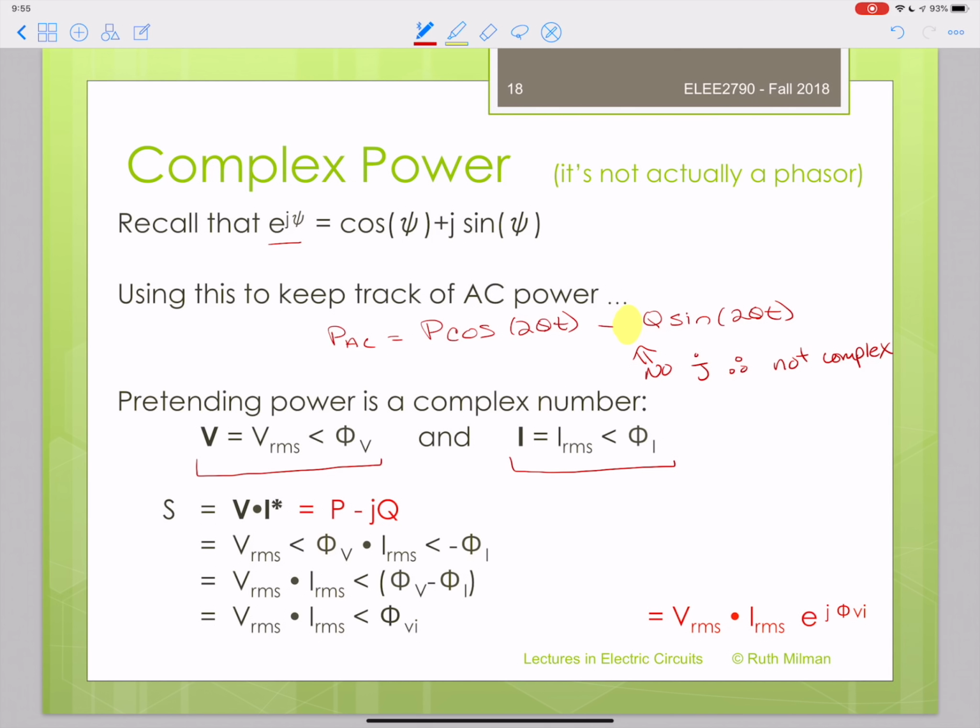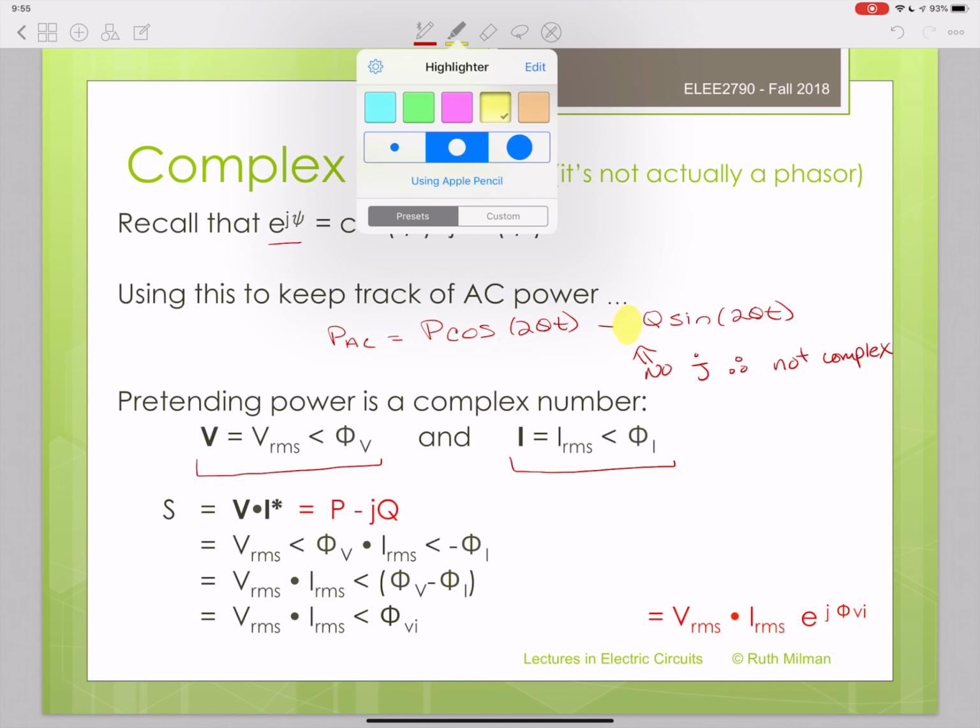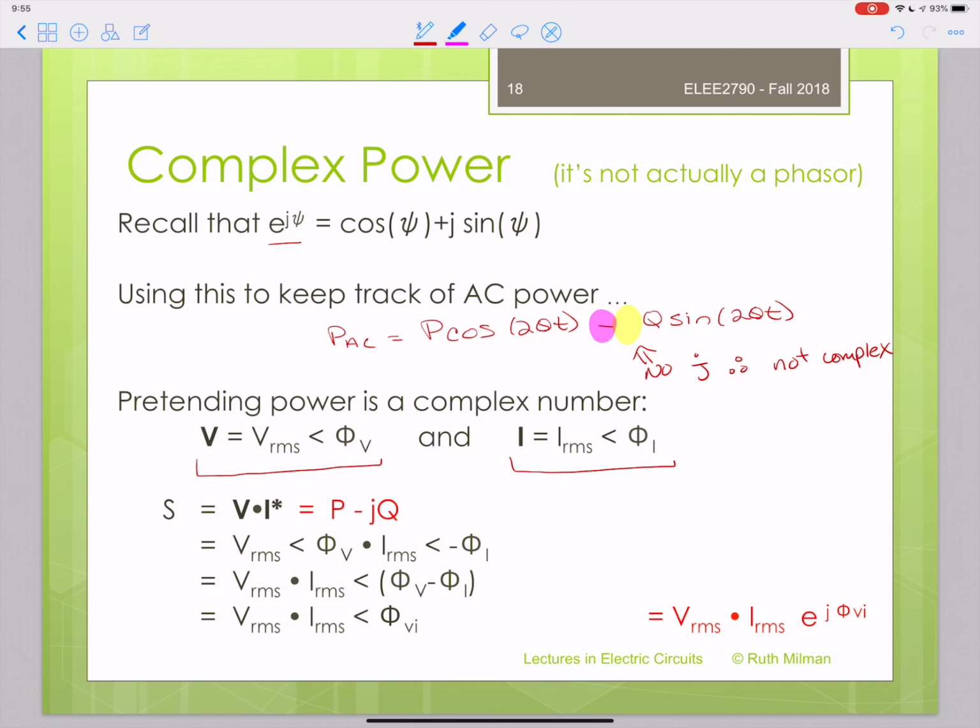Well, if you consider that and you notice that there's a minus sign over here, then we have a way of notating our power as a complex number. So pretend that that was a complex number. Pretend we had a j in our AC power. Well then, if we took V and we multiplied it by the complex conjugate of I, we would get